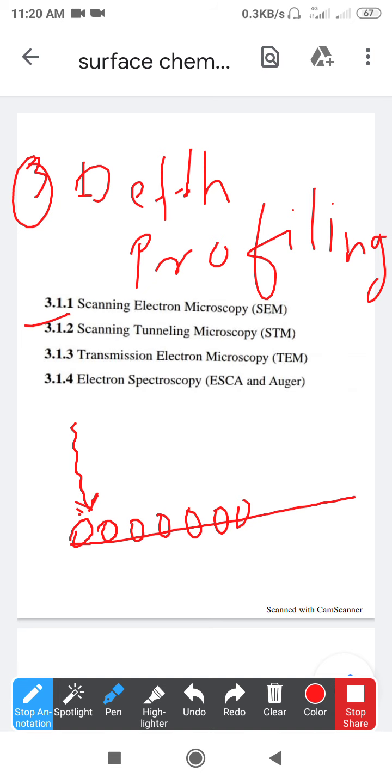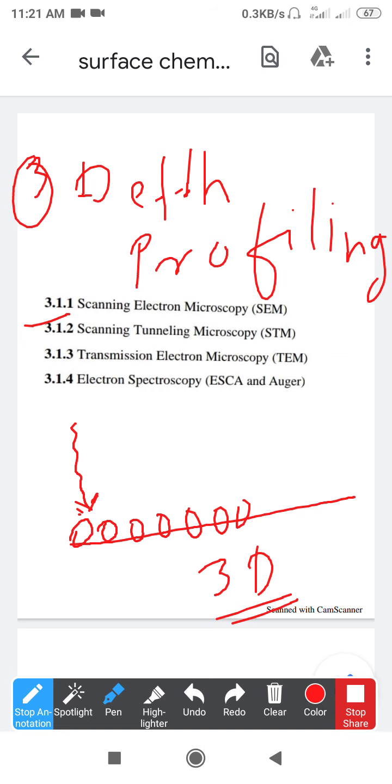In the second method, we have the incident beam, that is the primary beam, which is mainly focused on the surface. Then we scan that surface in a raster pattern, meaning along the x and y direction. And the last method is depth profiling, so we can say that this analysis is three-dimensional, because along with the xy raster pattern, we also have knowledge of the depth of the surface. So this last method is the depth profiling technique.